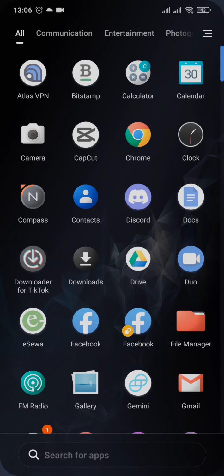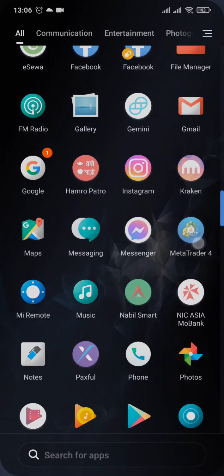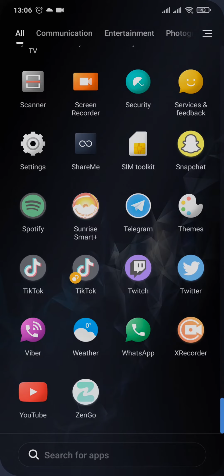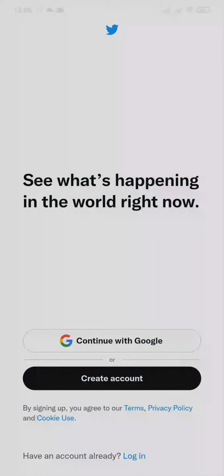To create an account of Twitter, you must first download the app from the Play Store or the App Store. After the app has been downloaded, you can open up the app. Now from the home screen, you would get an interface similar to this. You can create an account using two ways. Either you can use your Google account, which you have logged in to your phone, or you can also use